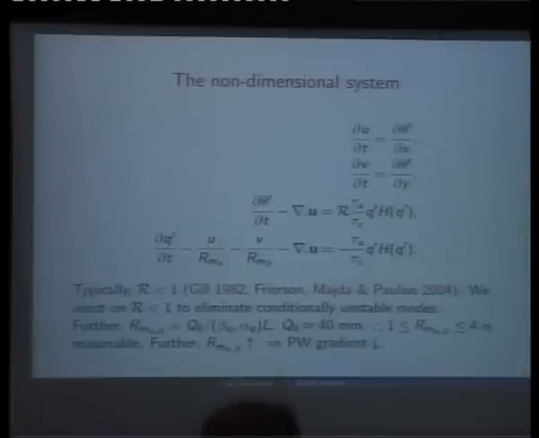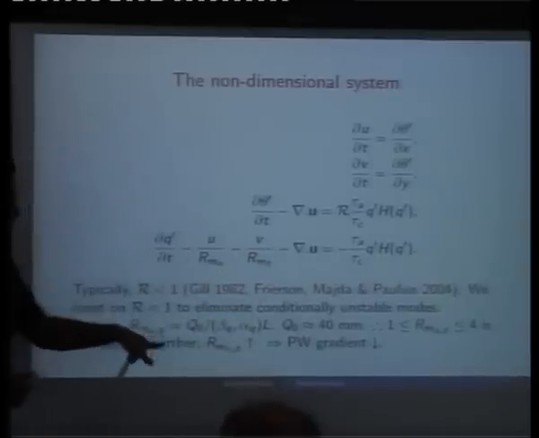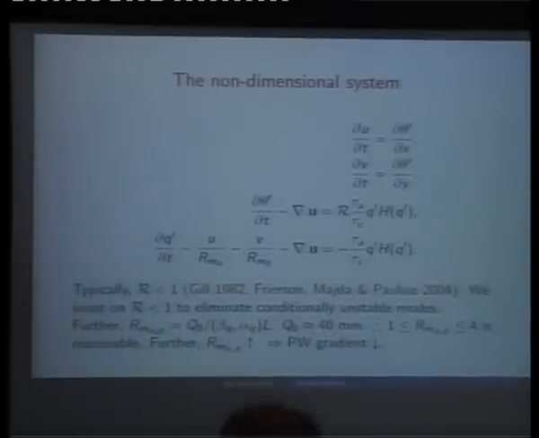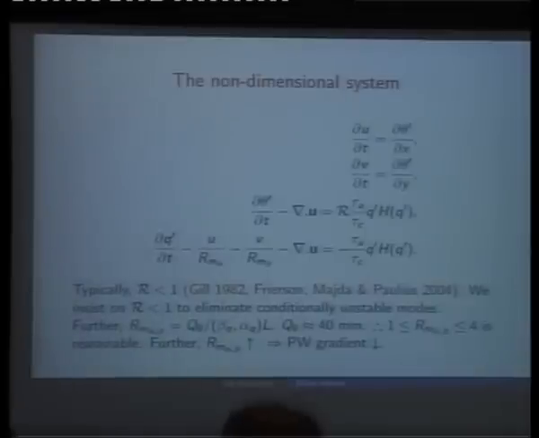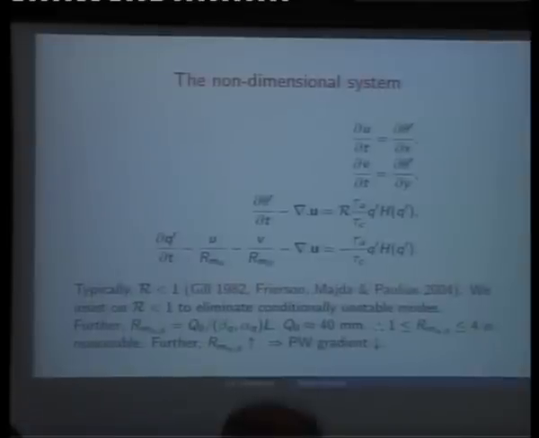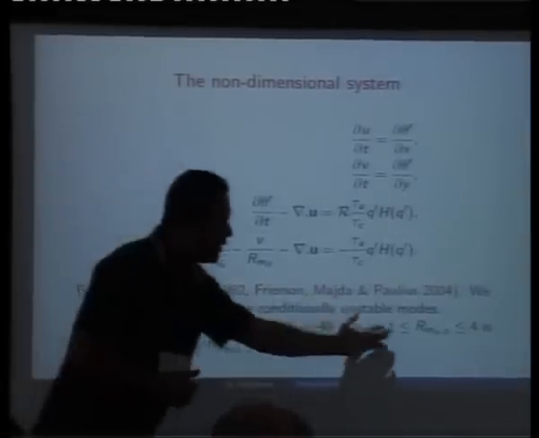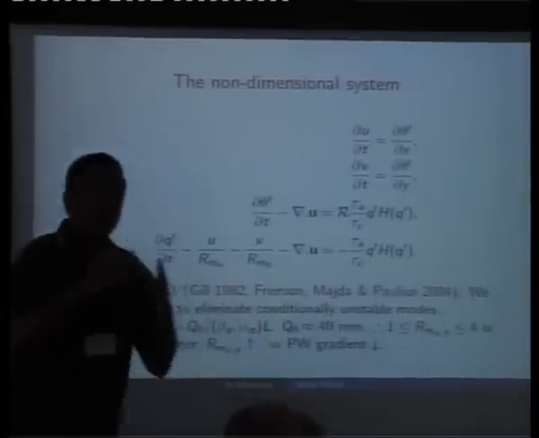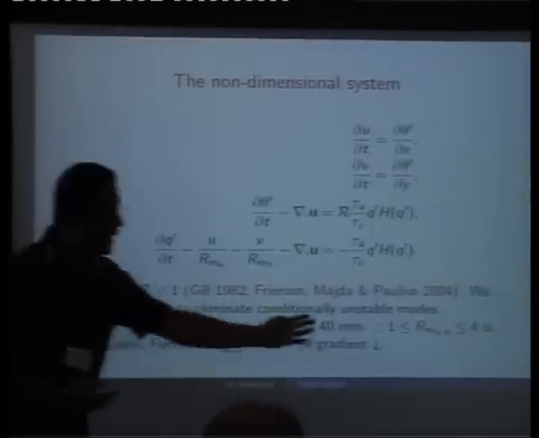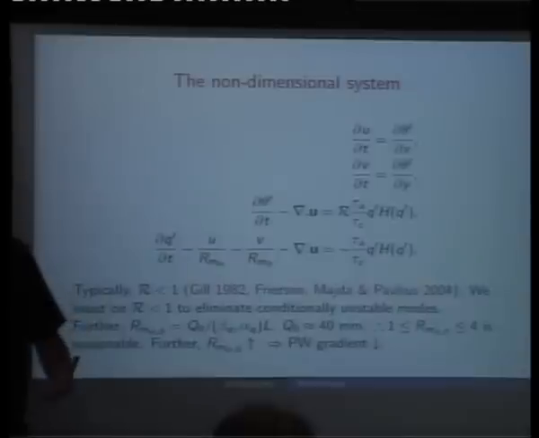The other things to note are, of course, the two gradients, which are characterized by the non-dimensional parameters Rm alpha and Rm beta. And of course, typically, for the equatorial region, one has Q naught, or the measure of the precipitable water, being approximately 40-45 millimeters or so. It falls off, as I said, as one goes towards higher latitudes. So at the most, one can vary Rm alpha and Rm beta over 1 to 4, because you can fall off, let's say, from 40 to 30 to 25 to 20 to 10. So a reasonable range for these parameters, Rm alpha and Rm beta, which is the zonal and meridional variation of precipitable water, is approximately 1 to 4. This covers a fairly wide range, right?